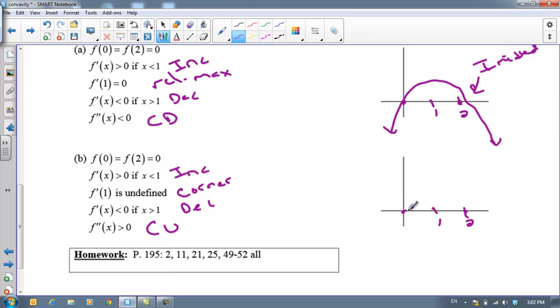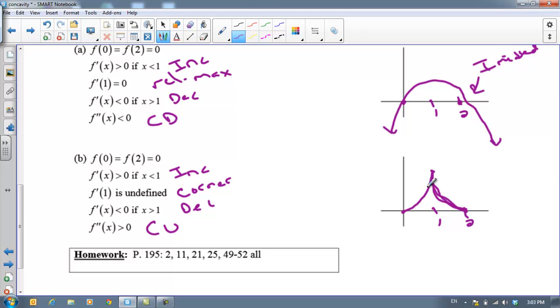So let me show you how this will look. Concave up until I get to 1, and I'm going to do a sharp turn, and I'm still concave up until I get to 2. Hopefully you can sketch that better than I can on my little pad there. Anyway, so there's our sharp turn, concave up,